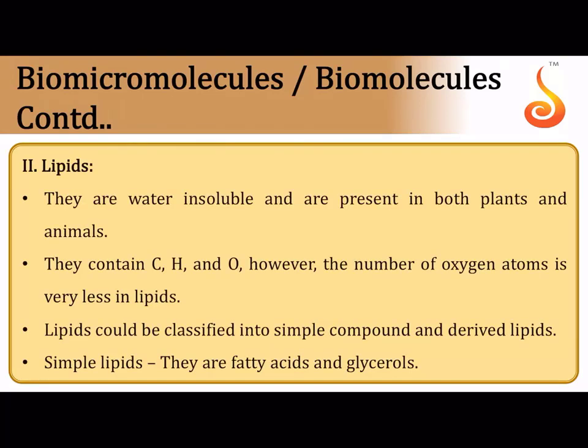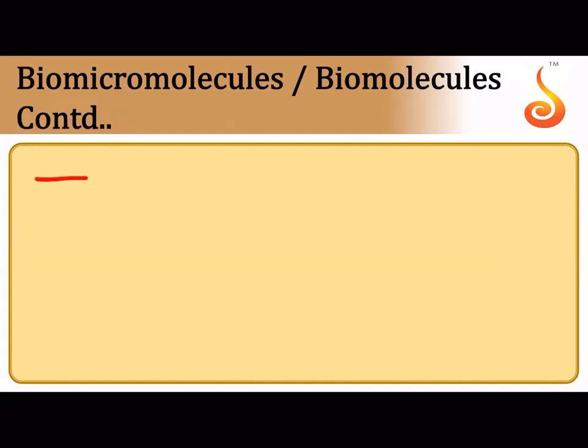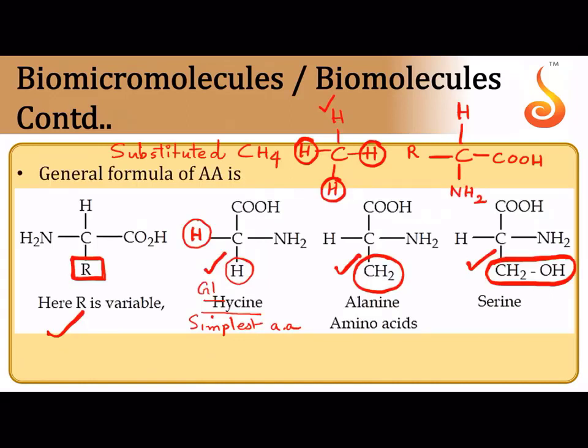Now we shall move on to lipids. So that was about amino acids, and I told you a chain of amino acids becomes what is referred to as a protein molecule. And one more important thing which I forgot to mention here was, I told you that this is a beaded chain. Now this particular subunit in the beaded chain is referred to as the amino acid. And this bond which connects the 2 amino acids together is called the peptide or amide linkage.